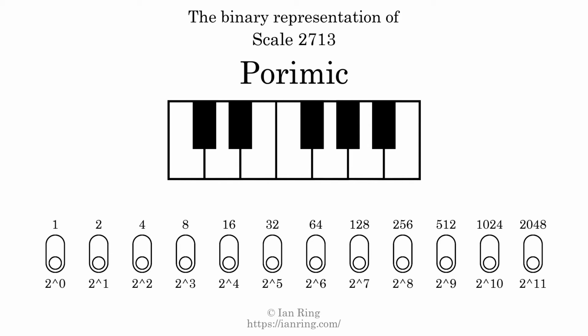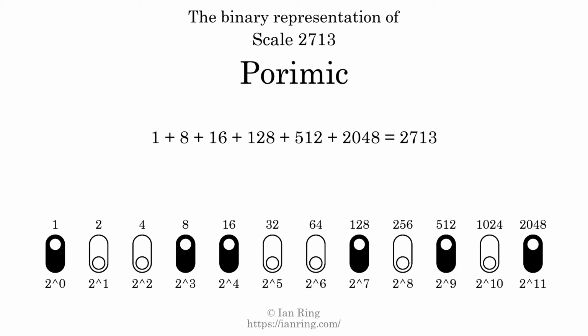The binary representation of this scale is determined by mapping tones of the scale to binary digits. Each binary digit represents a power of 2. To get the scale number, we add the powers of 2 together. The powers of 2 that are present in the scale, all added together, equals 2713. That is why the scale number, in decimal, is